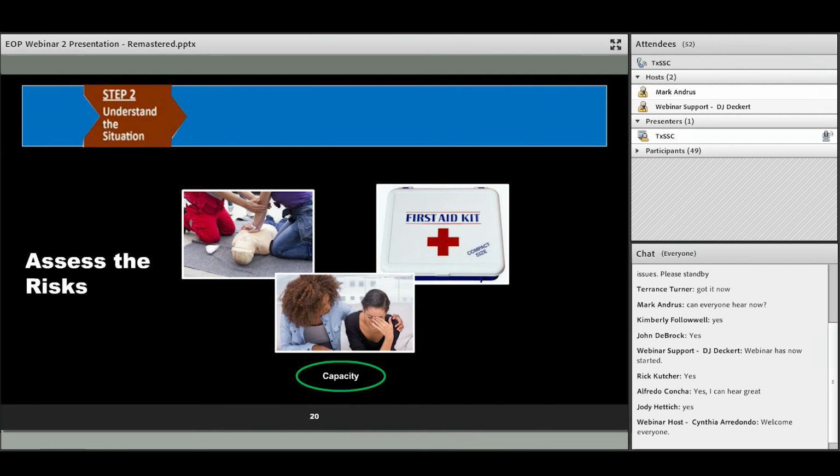So we need to monitor that, both in qualified individuals by offering them training, and providing the right equipment, even something as simple as first aid kits and fire extinguishers and other equipment throughout the school. You need to have processes within your emergency operations plan that provide for restocking, reordering, and maintaining that equipment, making sure everything is there.